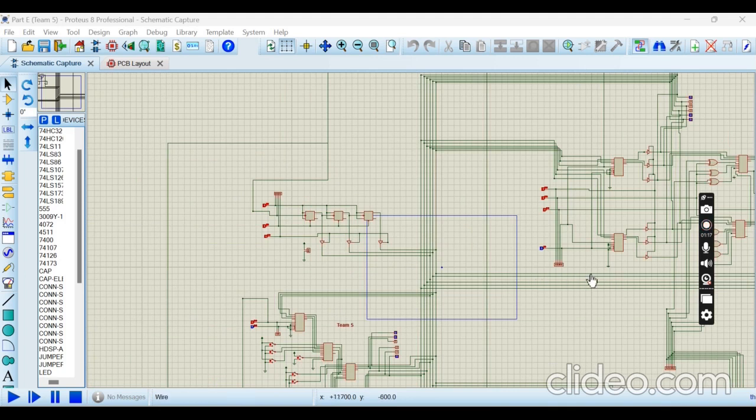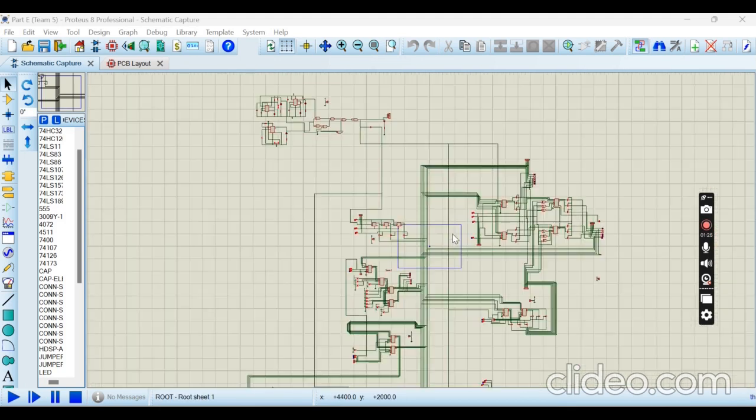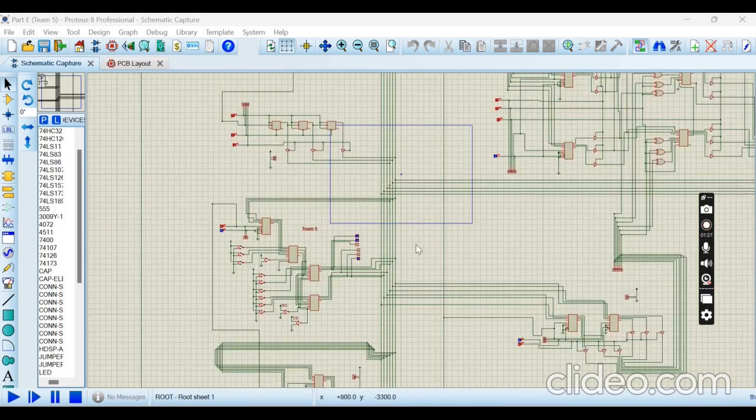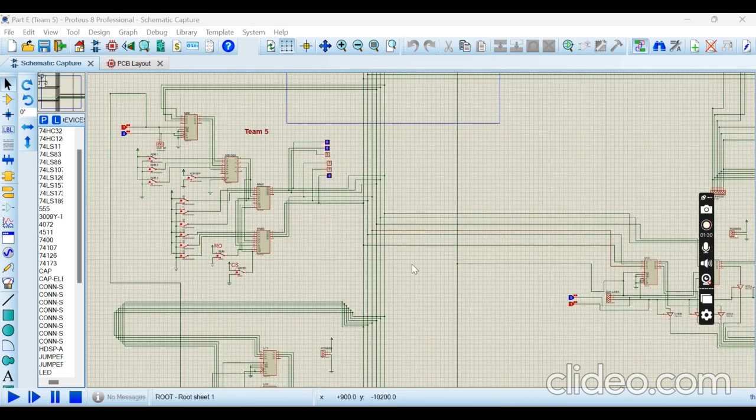As I'm zooming, 6 bits coming from the ALU to the bus bars, and from this bus bar,